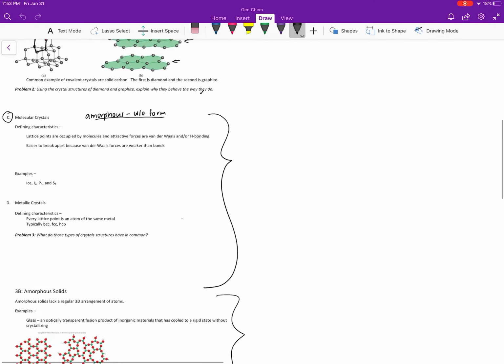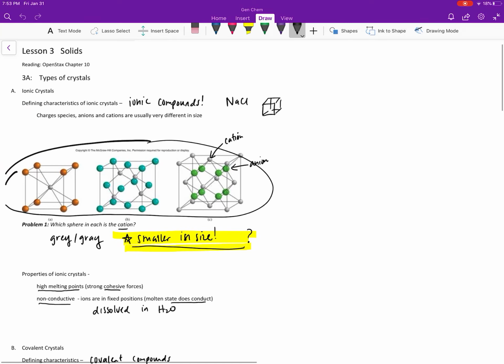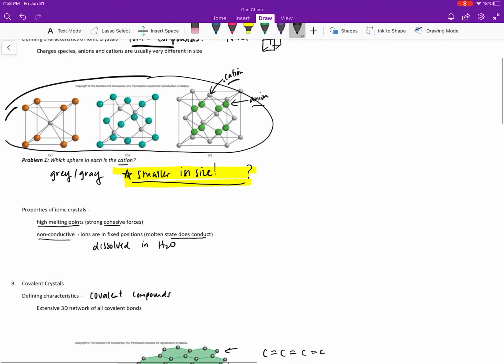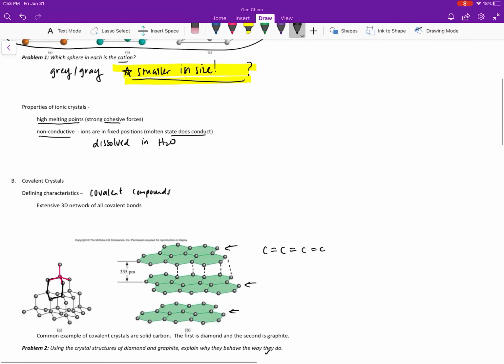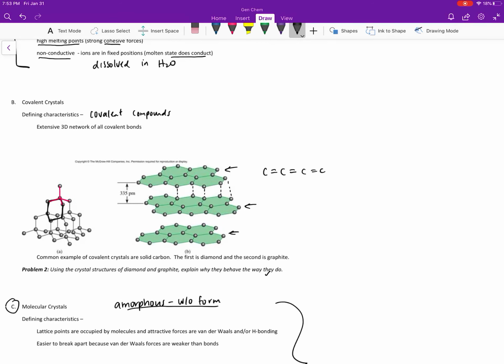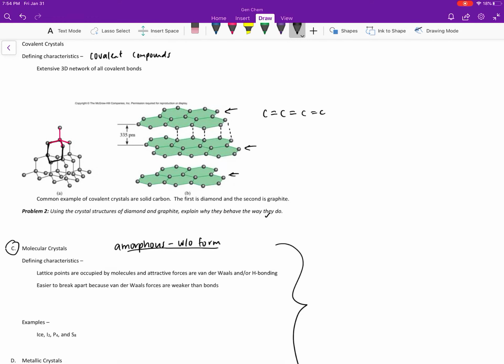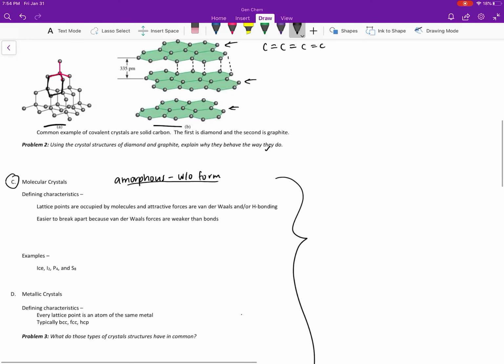In lesson 3, we started talking about types of crystals. So we talked about ionic crystals, ionic compounds, and how the formula unit that we see here shows the arrangement of the cations and the anions. We talked about the properties of ionic crystals, so make sure you remember those. Then we talked about covalent compounds and their particular arrangement. This is carbon, this is graphite and diamonds. And then we defined some